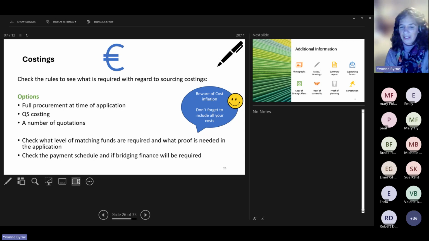That was a requirement of LEADER under the last programme round, and may well be again, but we'll have to wait and see. They might just require QS costings, or it might be just 1 quotation or 3 quotations. So again, just look at what it says in the guidelines and then make sure you follow it. You'll also see in the guidelines what the level of matching funds are and whether they require proof of matching funds at time of